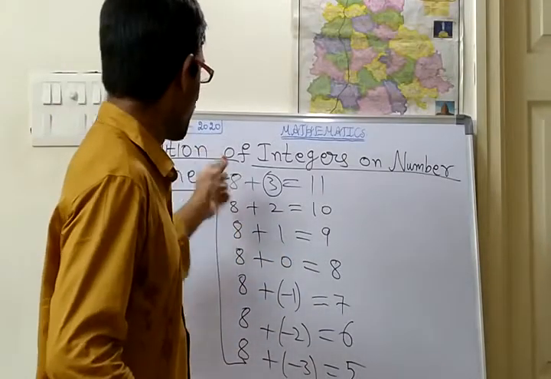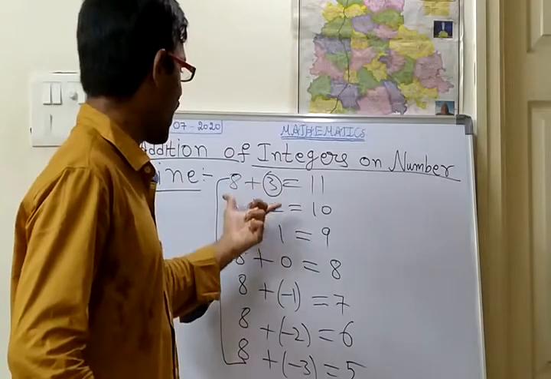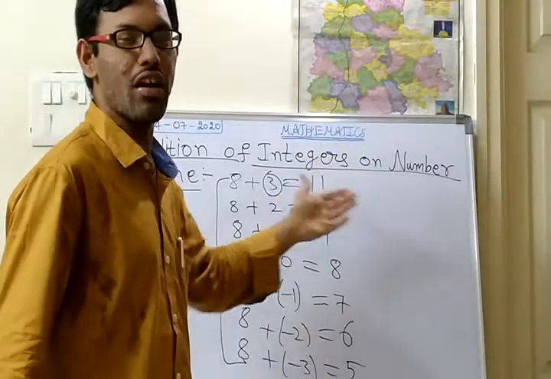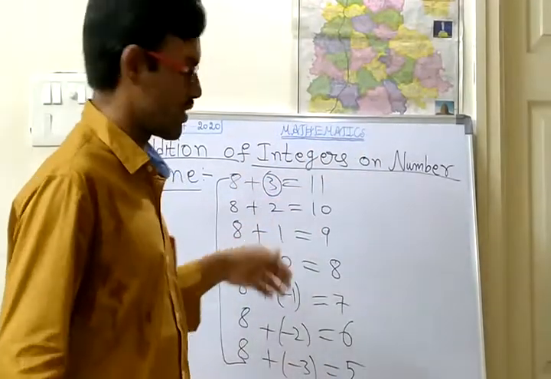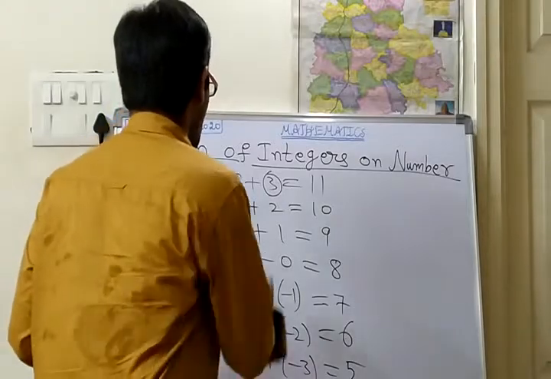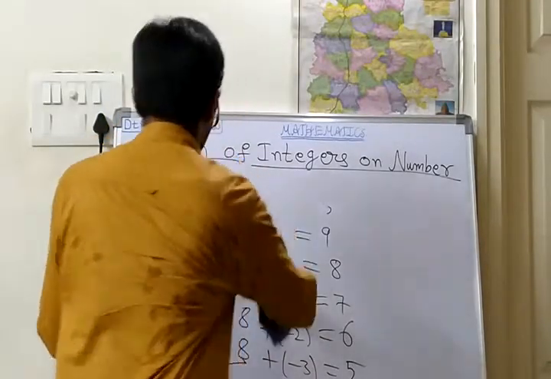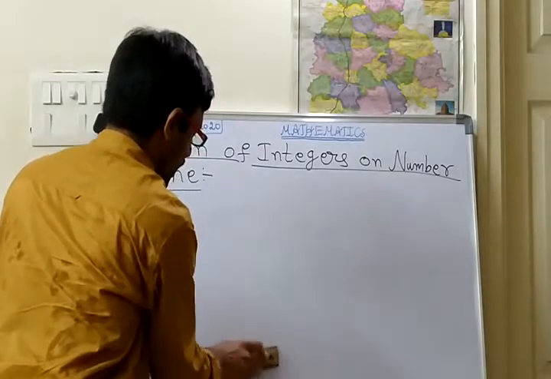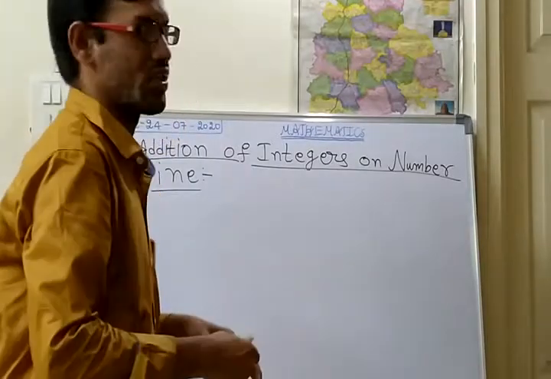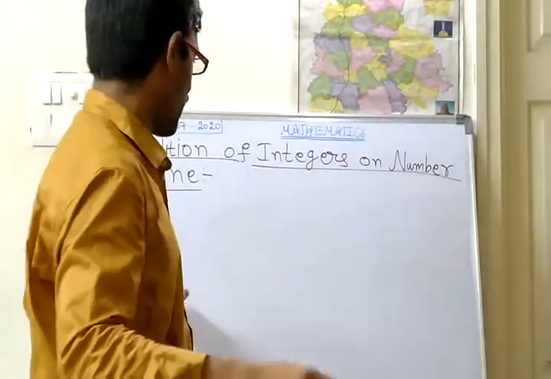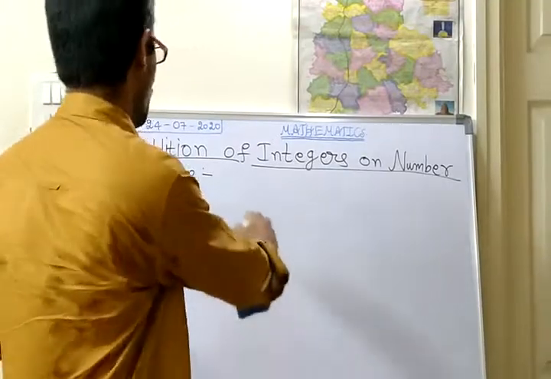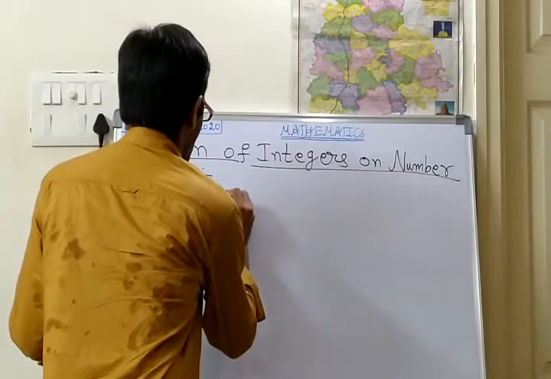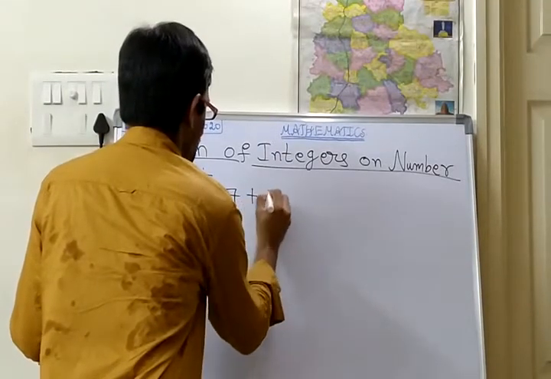For this concept, how you should add and how you should do subtractions and every fundamental operation on the number line, we shall see. First going with the addition. Suppose I take one small number addition, because for large numbers we can't draw so many points on the number line. So suppose I am taking 7 plus 5.